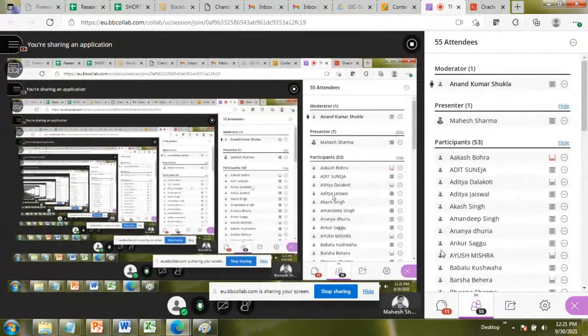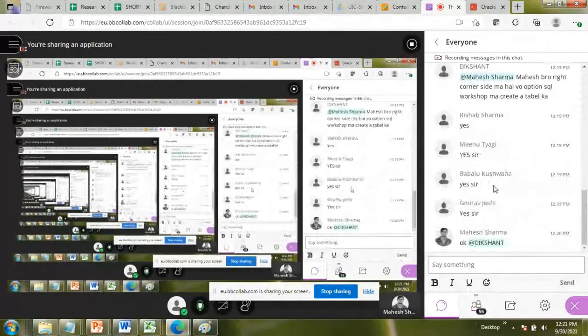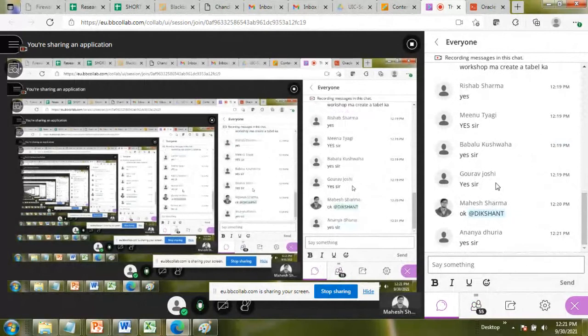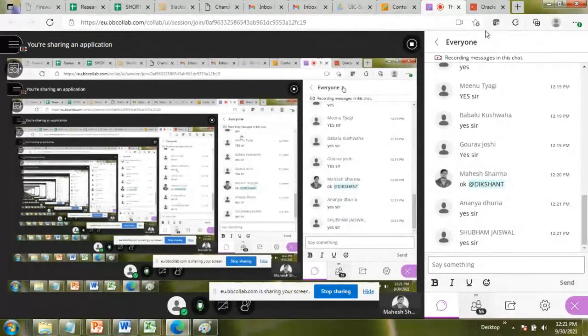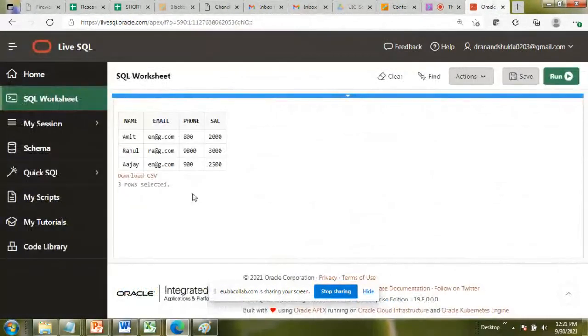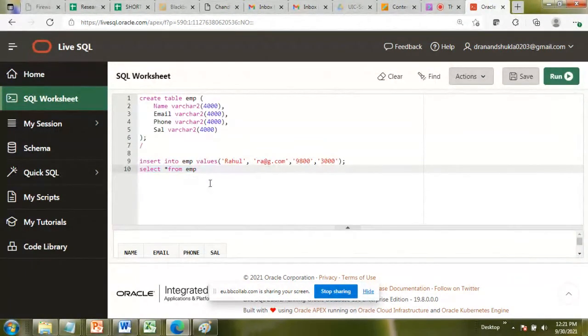Is it okay now, everyone? That's fine. So we have a table with 3 rows having salary 2,000, 3,000, and 2,500.